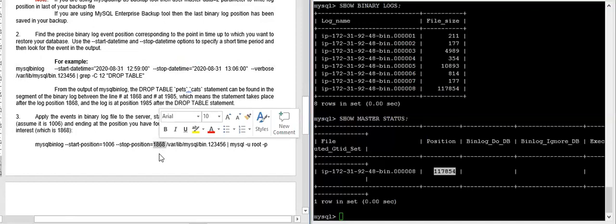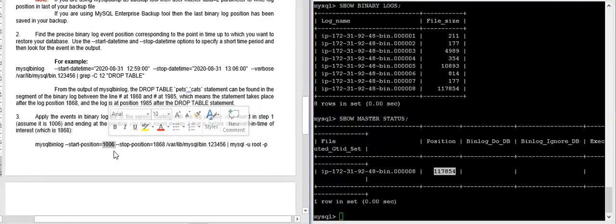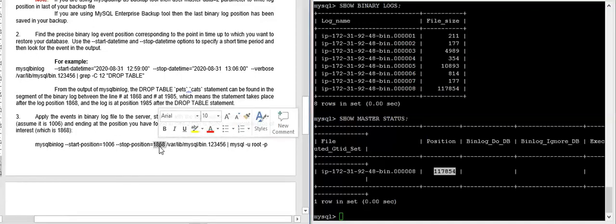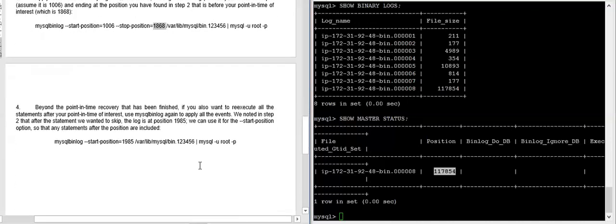This is the log position just before the table drop. From the backup this is the log position, and after that this is the log position just before you dropped the table. And you will find this from this one. We'll do it practically also.